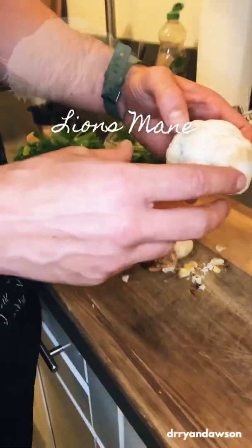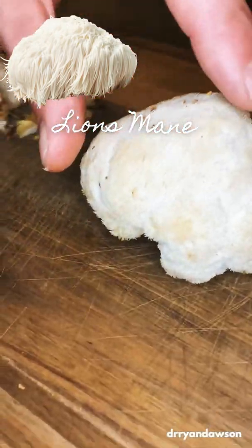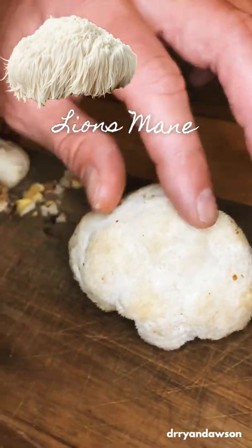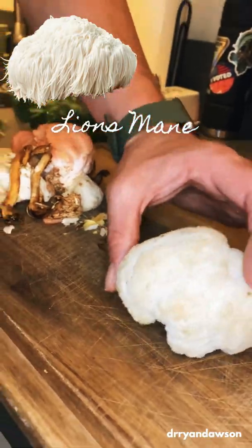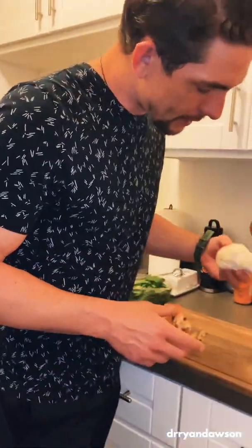The first one here, this beautiful, kind of crazy looking one. It feels like you're rubbing your dog or a cat. It's very soft and it's actually fairly dense. This mushroom is known as lion's mane. And this is one of my favorite mushrooms, not only because of how cool it looks, but this thing has